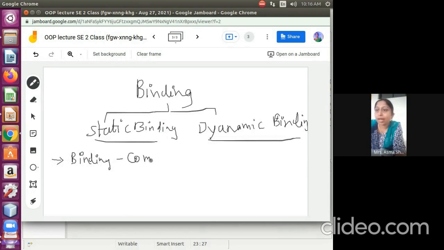Okay, and this binding happens at runtime. If you see this, static binding is also called early binding because it happens at an early stage. It happens at compile time, so it is also known as early binding.